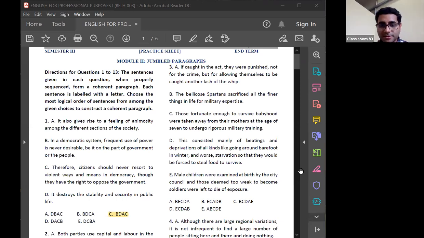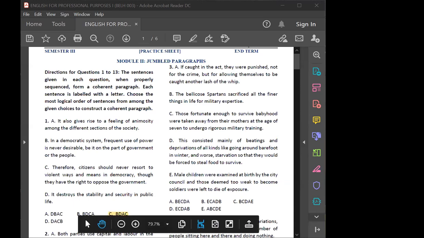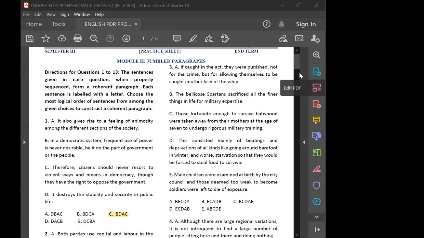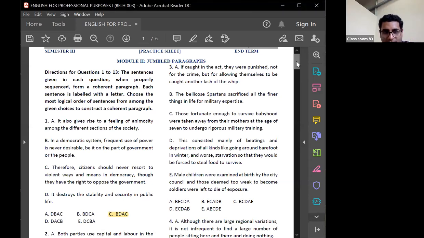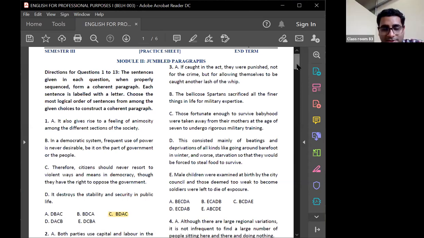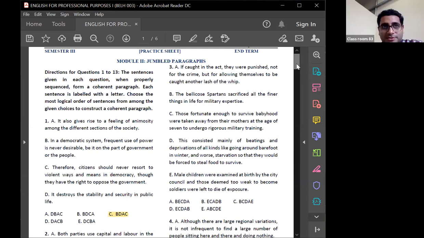Who is answering it? Is it Adarsh? Akshay. Yes, sir. Did you watch the movie? Which one, 300? No, sir. Okay. What was the name? 300, yes, this is the movie. I will watch it today. It was released in 2006. I was in class 11th at that time. Okay.